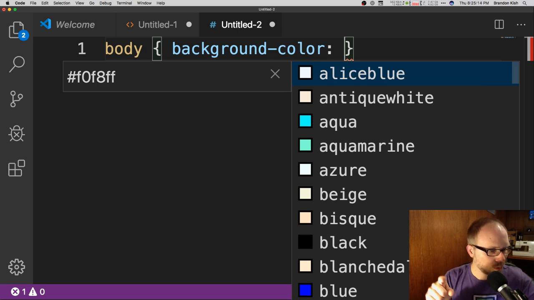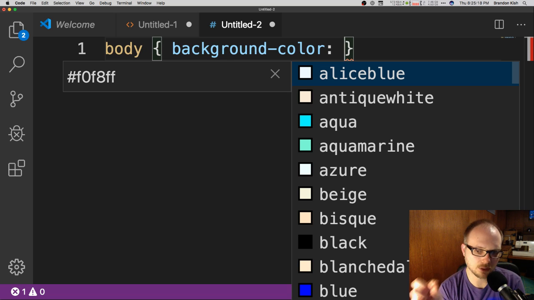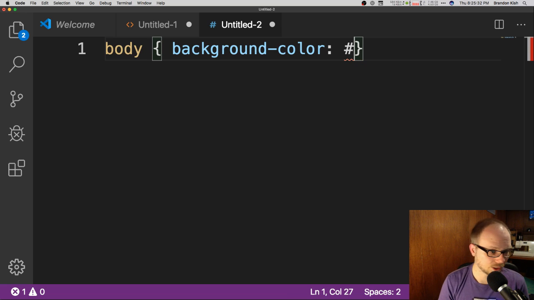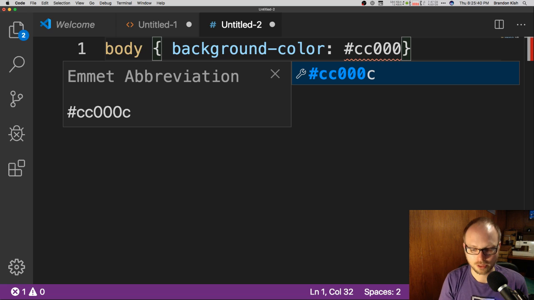And here's the first superpower that Visual Studio Code has in CSS. It will show you all the valid names of colors that you can use in CSS. And off to the other side of it, either to the right or in my case on the left, it will tell you the hex code for that color. Now, if you remember the color lecture, you can write any color value you want with the hexadecimal symbol, the pound sign, and then start typing the name of the color if you remember it.